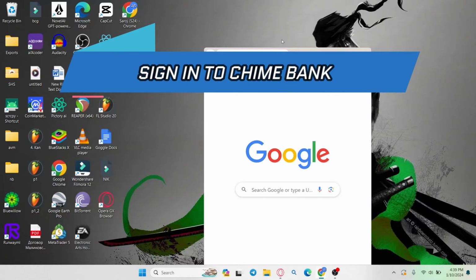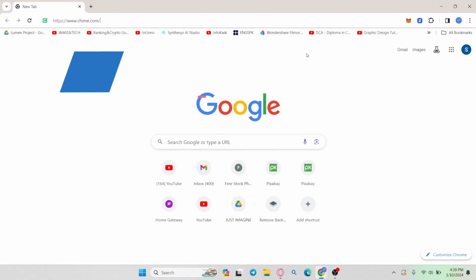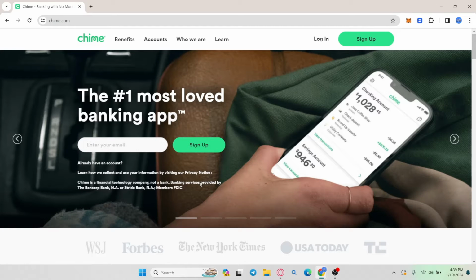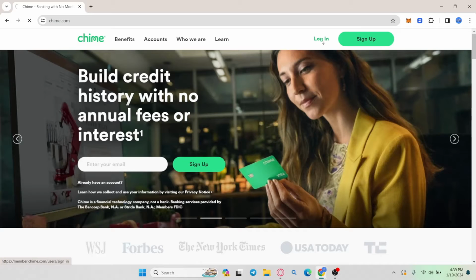First of all, open up your web browser and then in the address bar type in chime.com and press enter. You will then be taken into the official Chime Bank website. Now from this page, click on the login button at the top right corner and you will be taken into